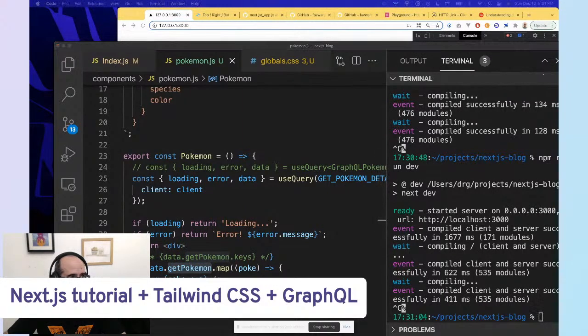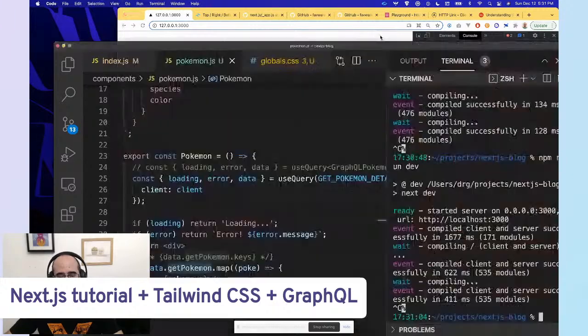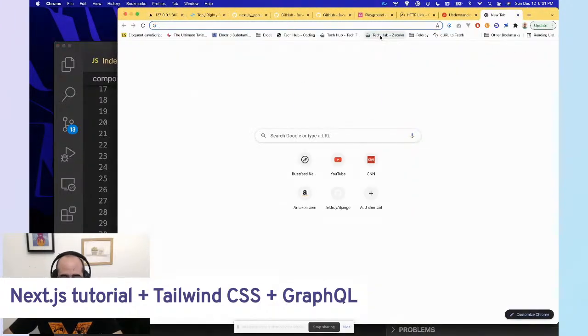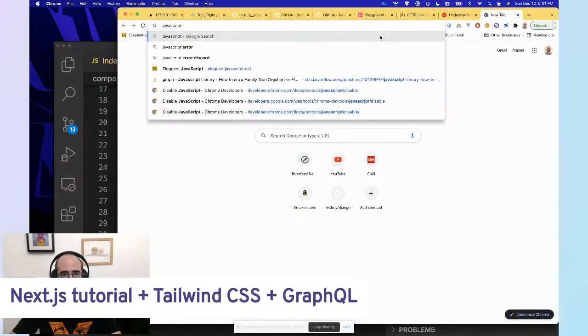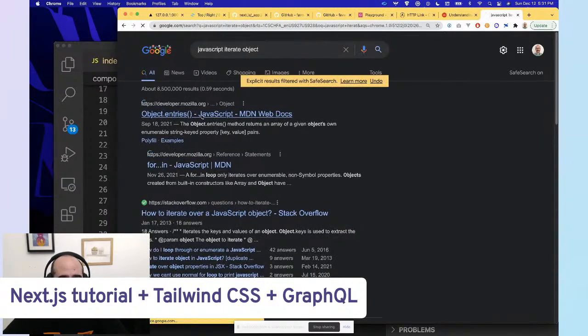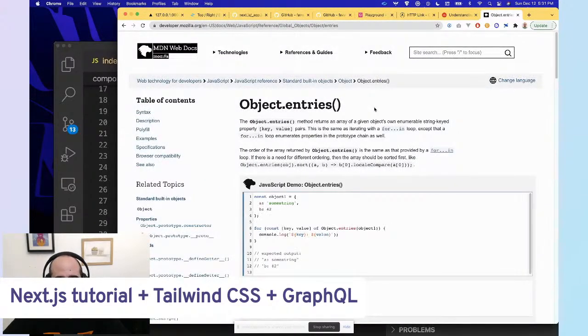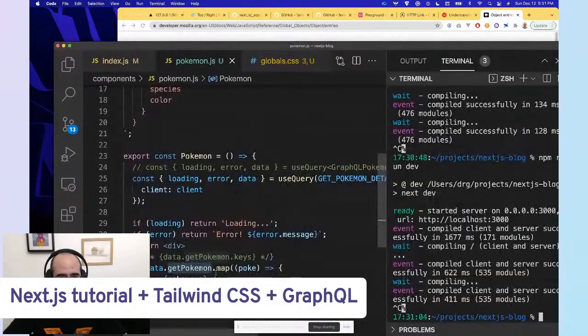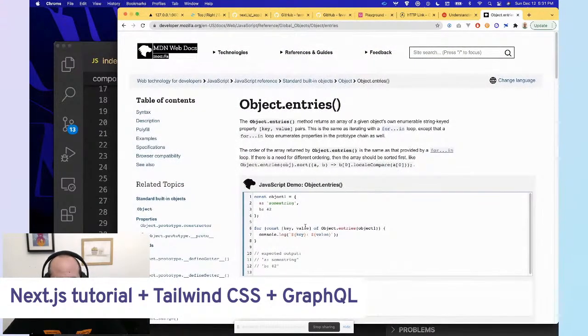So, let's see. JavaScript, iterate, object. How do we do that? So it's entries. I'm so rusty. Entries, and then